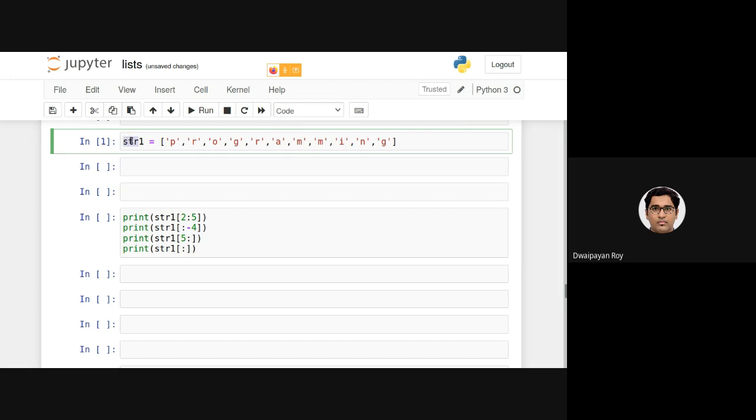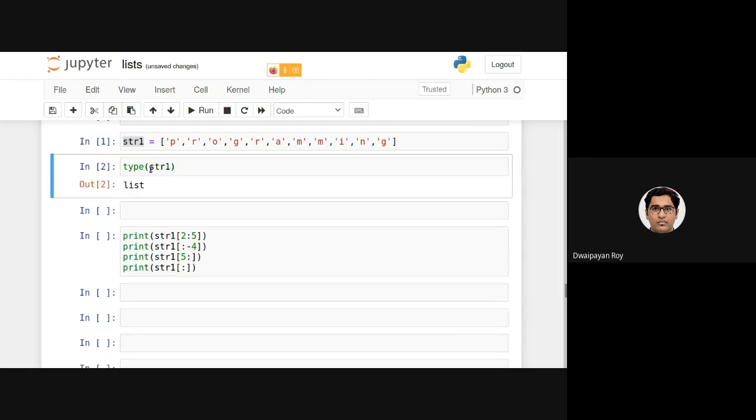We should be using something regarding L or list, which will indicate that this variable is actually of type list. Now, just to ensure, the type of str1 is actually list.